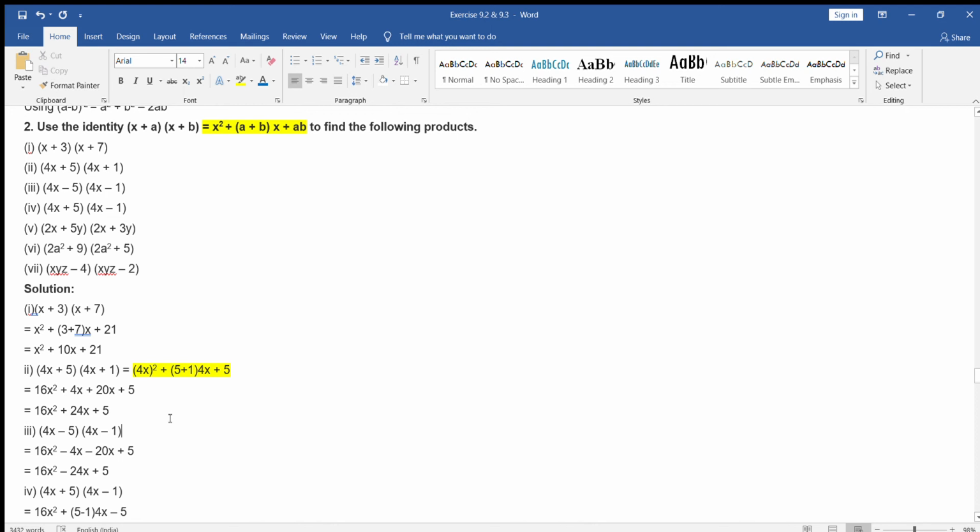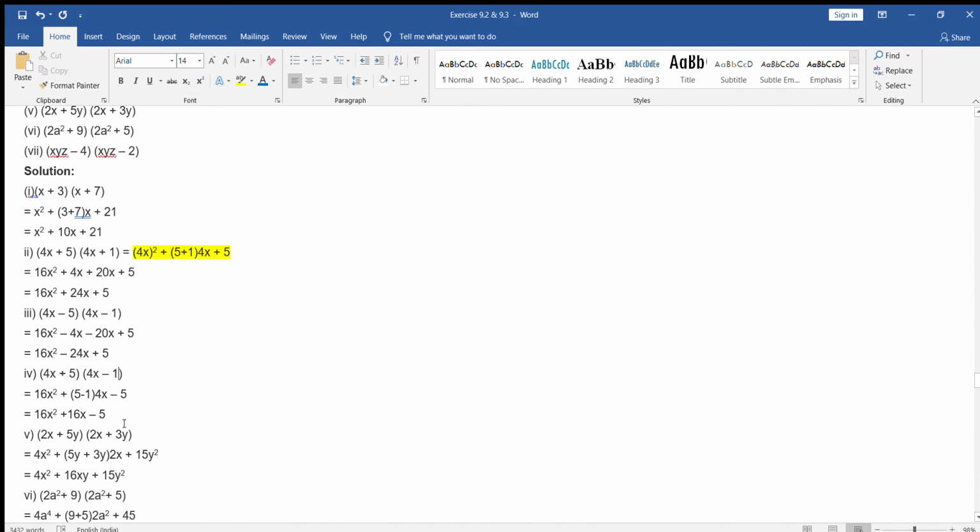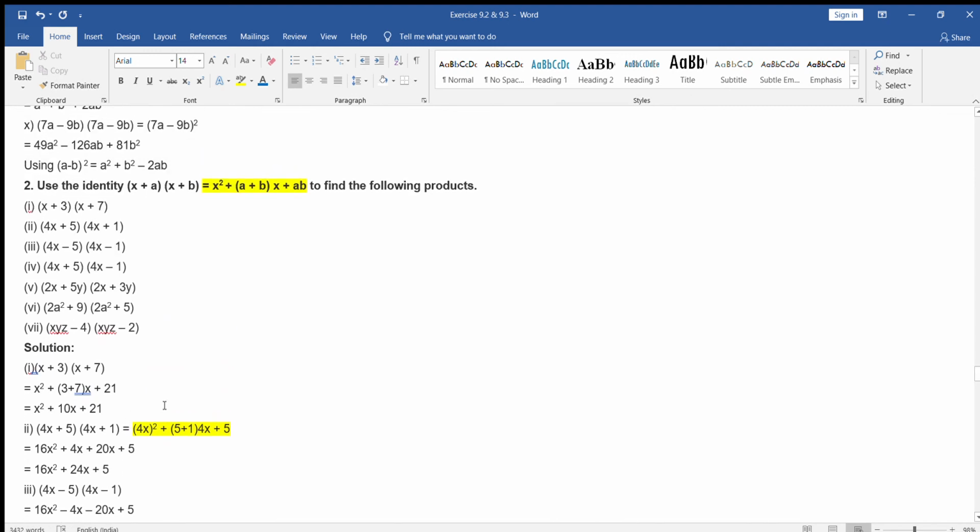Now one question is there: if the identity we are having is with a plus sign, but there is a negative sign in the question, as in our question number 3 we are having the negative sign, so in that part we have to put the values with the negative sign. Okay, just see how we put, x square, a plus b. So instead of a plus b we have put a minus b because b is minus. Here we will put minus a minus b because both are negative. Okay, so in this way we will solve our question, that question number second, using the identity (x plus a)(x plus b).